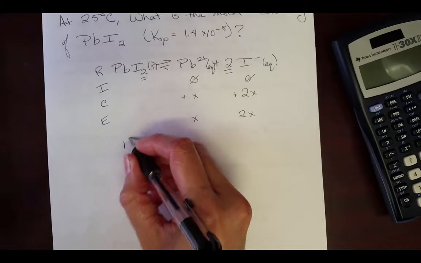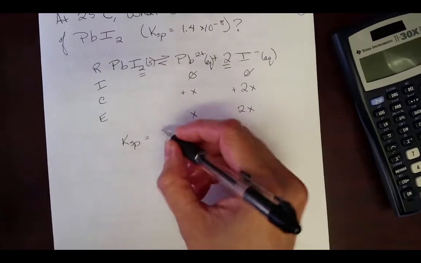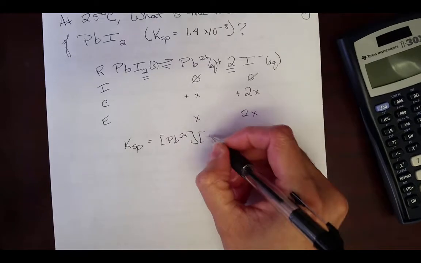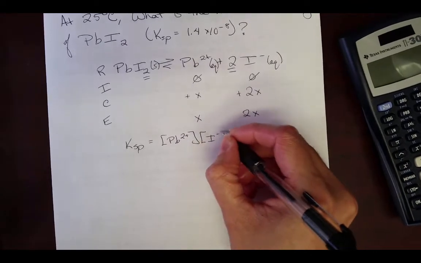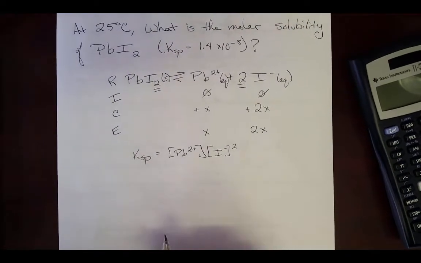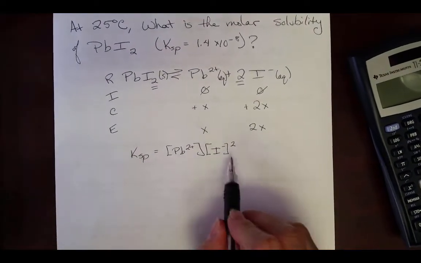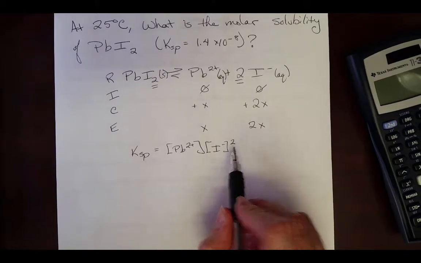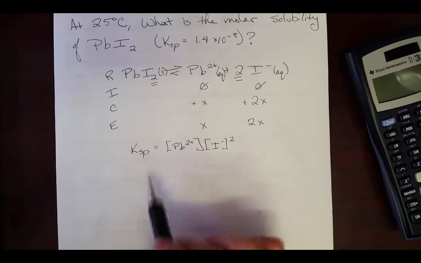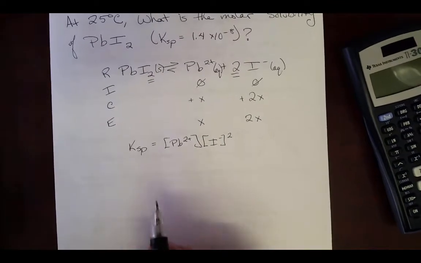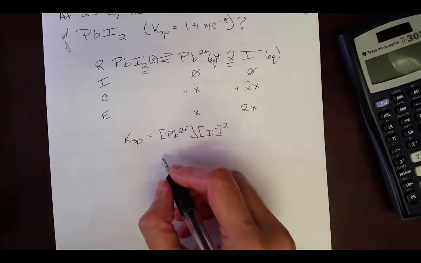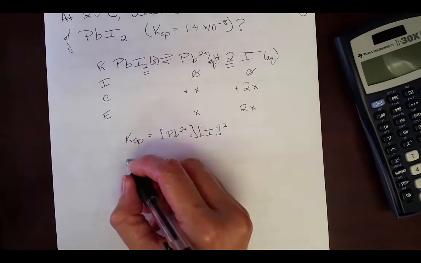Our Ksp expression is going to involve both the concentration of lead as well as the concentration of our iodide, but that's going to be squared. So that's something that goes back to how we write our expressions for Ksp. We're going to have that squared function thanks to our coefficient, and that again goes back to how we write K expressions, something we did way back in chapter 15. So again, it may have been a while, but the nice thing is that we've got our Ksp